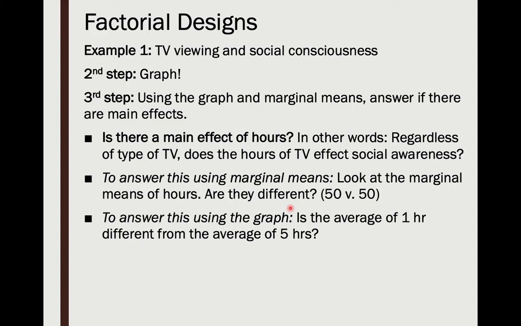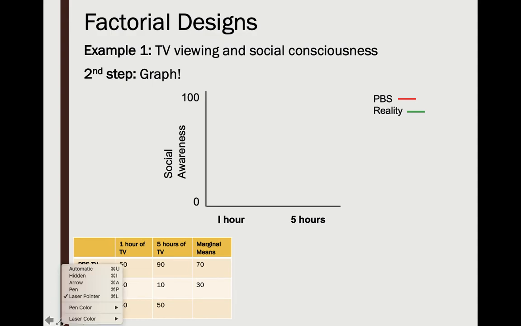We could also answer this using the graph. Is the average of 1 hour different from the average of 5 hours? Let me redraw this really quick. So it's red right now. So PBS goes from 50 to 90. And then reality goes from 50 to 10, if I remember correctly. 50 to 10. So if we want to look at the main effect of type of program using the graph,